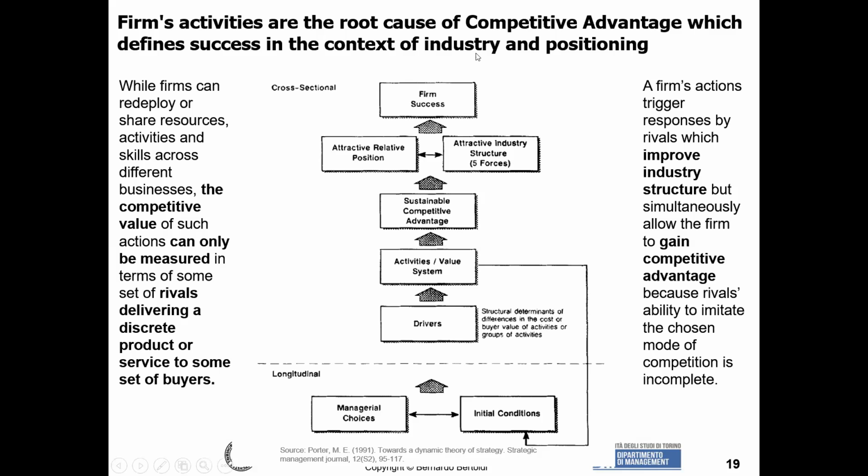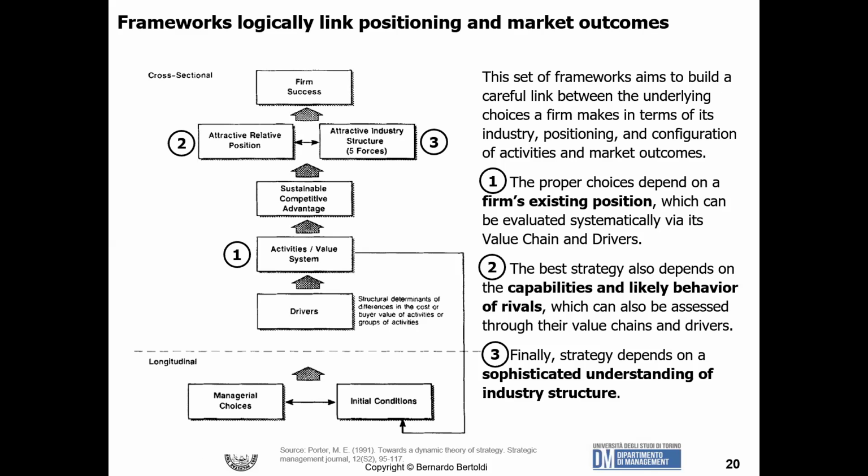Continuing on this chart that we are using to define the context, let's focus on some points. The first point is that you have to take a number of decisions in order to compete, and the starting point is your firm's existing position, your activities and your value system at the moment in which you are defining a strategy. This comes from the history and the initial conditions, the managerial choices, the situation of the company now. And so when you change these, you come back and change the initial conditions. So there is a loop here within the company.